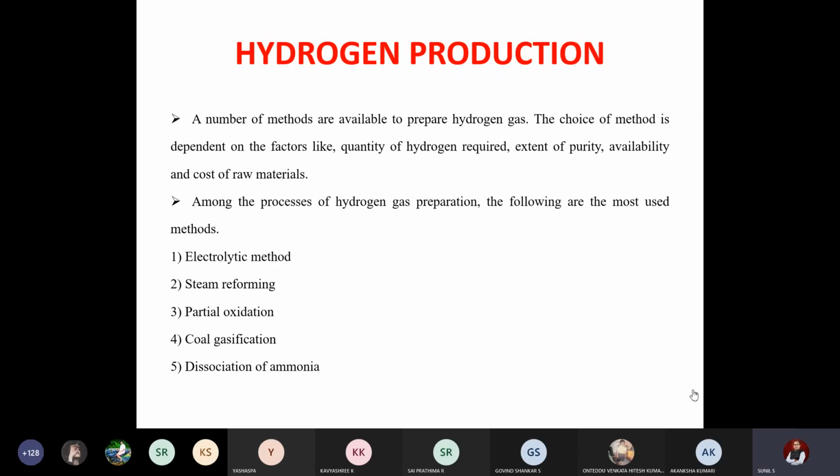5 points. Next issue is the production. A number of methods are present already. They have been identified. The choice of method depends on various factors, such as how much quantity you want. If it is a small quantity, you can go for an electrolyzer. If you want a huge quantity, you have to go for the